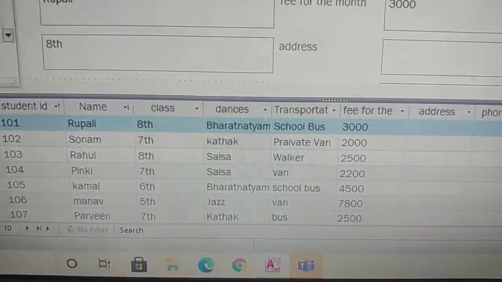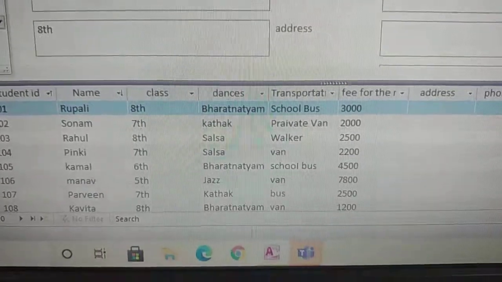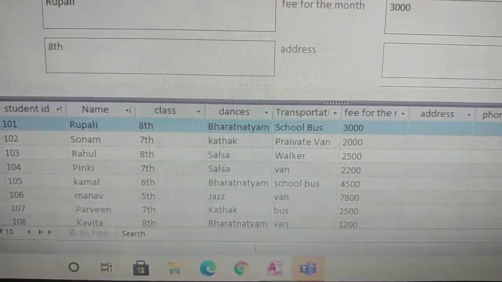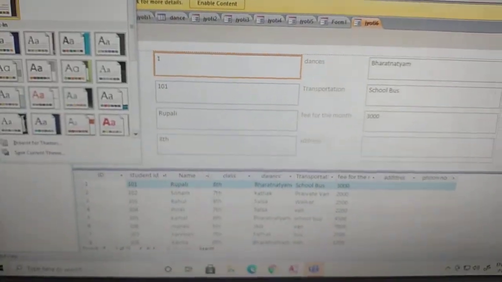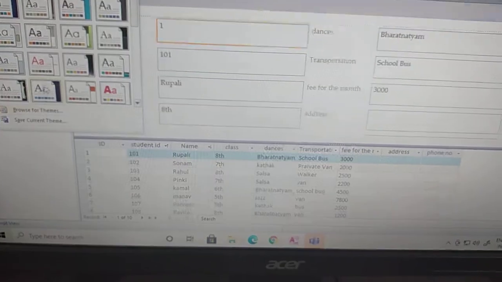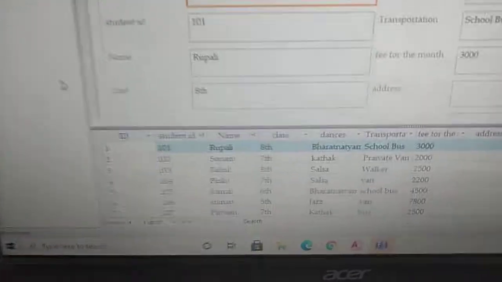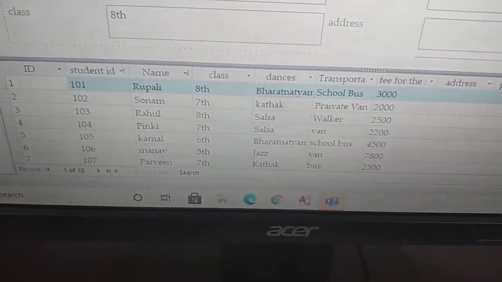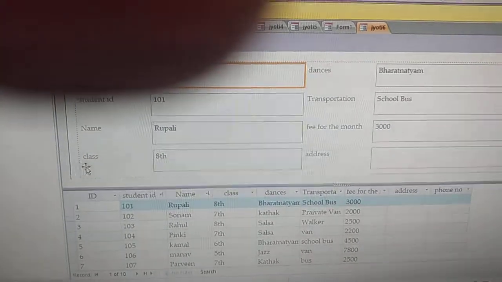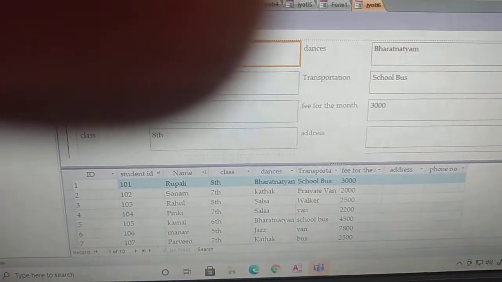So when you change the theme, I am going to choose another theme. Okay? So in this way you can choose the themes. You can browse for the themes as well. This is the theme, content. The font style has changed. So you can try these themes. Clear?